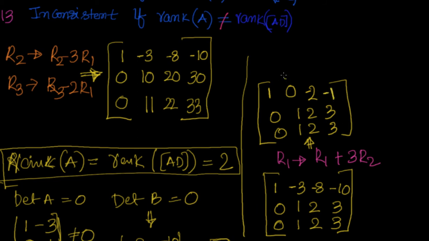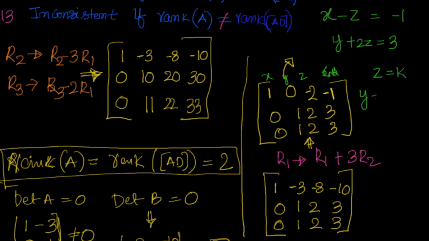Now let's write them back into x. So this is x, this is y, this is z and this is the constant. So I will write x minus 2z equal to minus 1, y plus 2z equal to 3. We know they have infinite solutions. So if I take z equal to k, then y equals 3 minus 2k